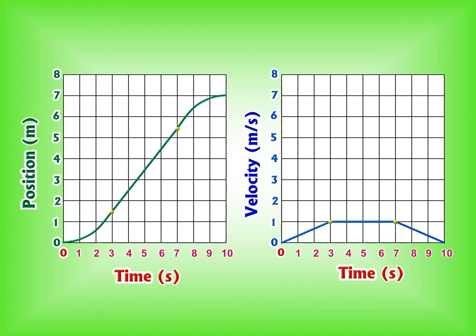After 7 seconds, what we see is the object is continuing to move, but it's not moving faster and faster, it's moving slower and slower, appearing to eventually stop, possibly. You'd have to see what happens after this, but it appears to essentially stop at 7 meters at that position. So what's happening there? Well, the velocity is now decreasing. The velocity is getting lower and lower and dropping to 0 by the time we get to 10 seconds.